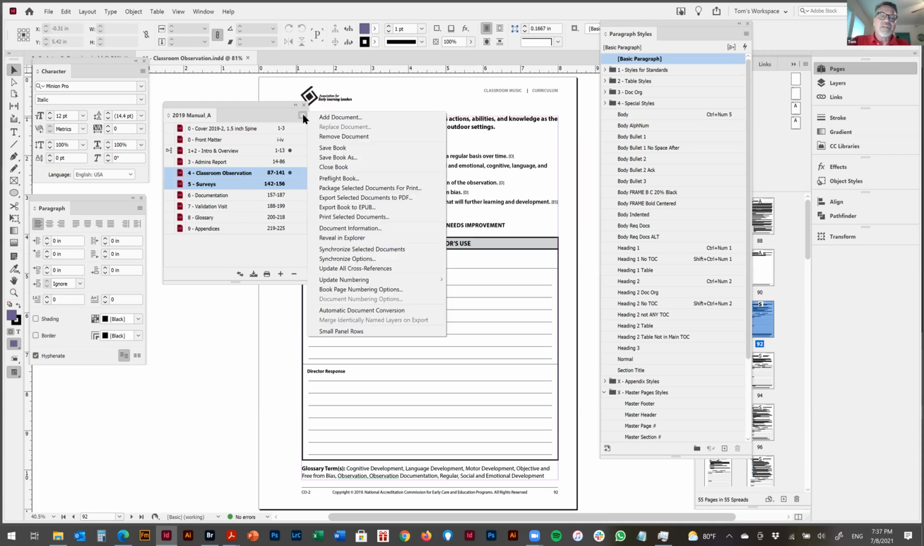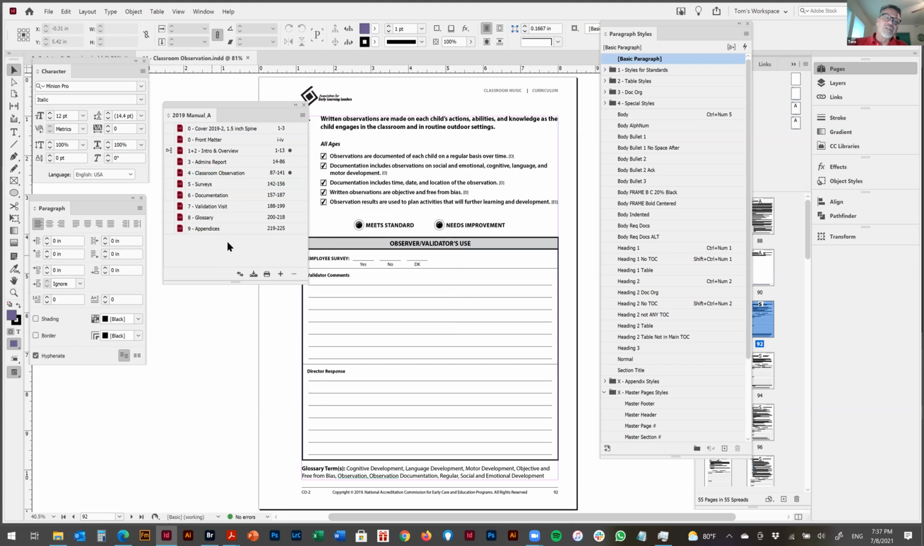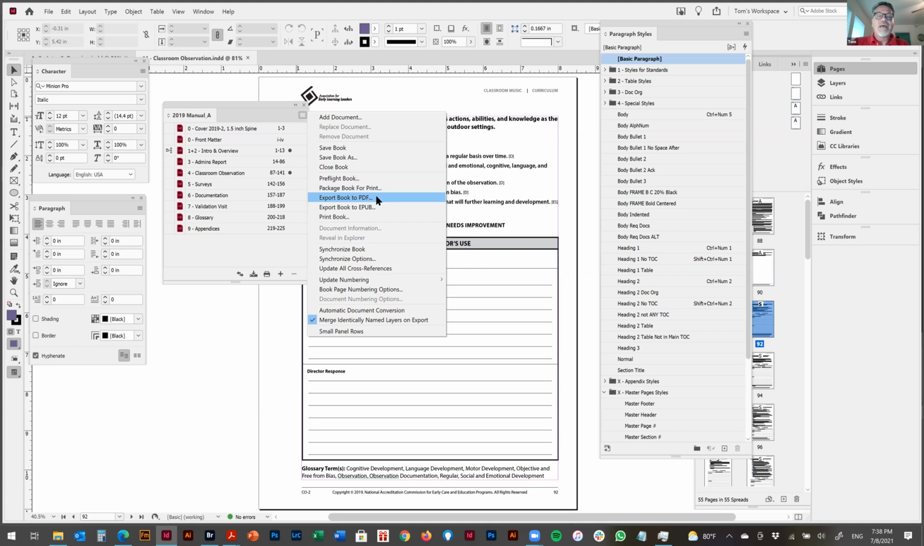So we go over here and you say export selected documents to PDF, right? Which is a wonderful function. If you just want to export one single document, you don't even have to use the book panel. You can just do it the regular way, right? But the cool thing is that if you do not select any documents, you can go here and do export the whole book to PDF, which is